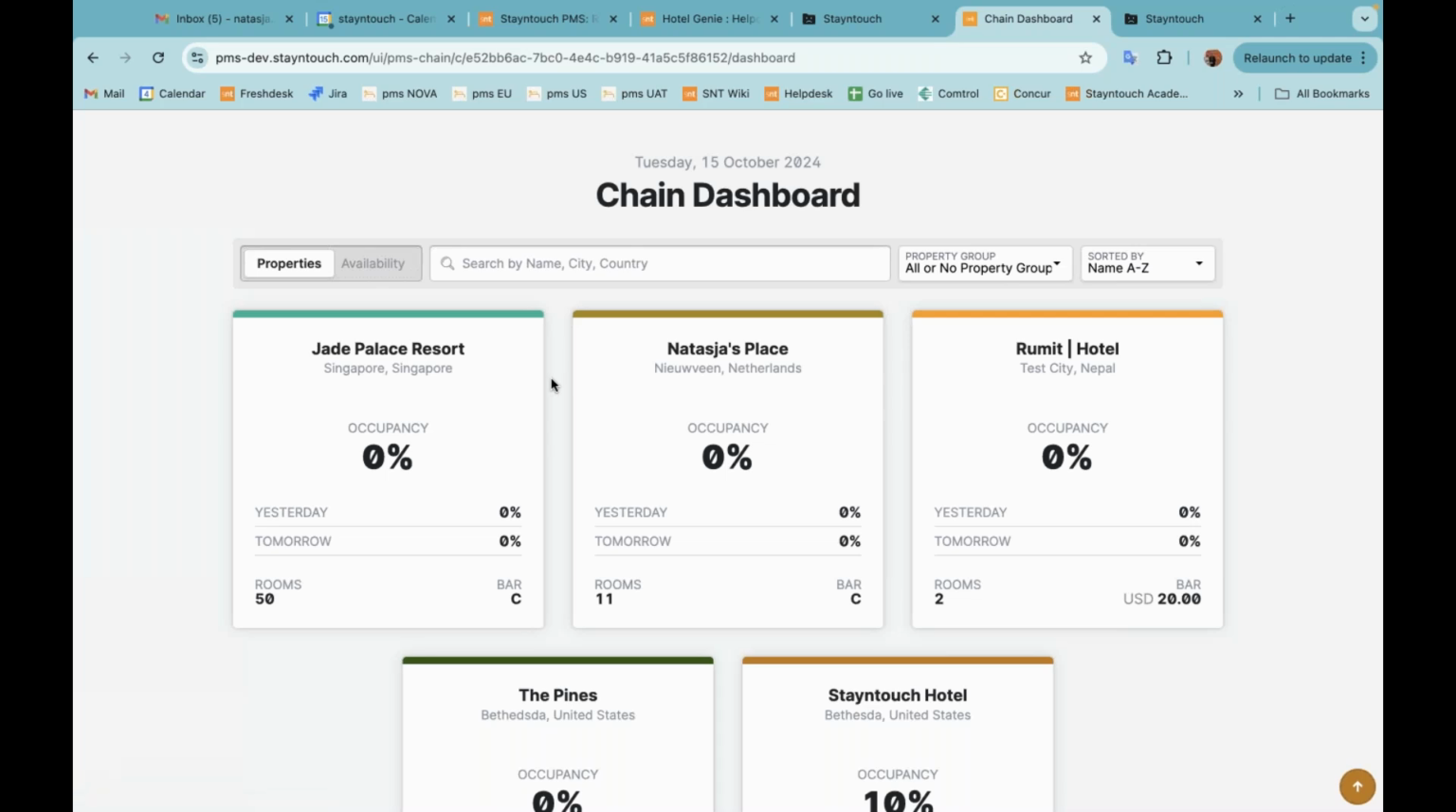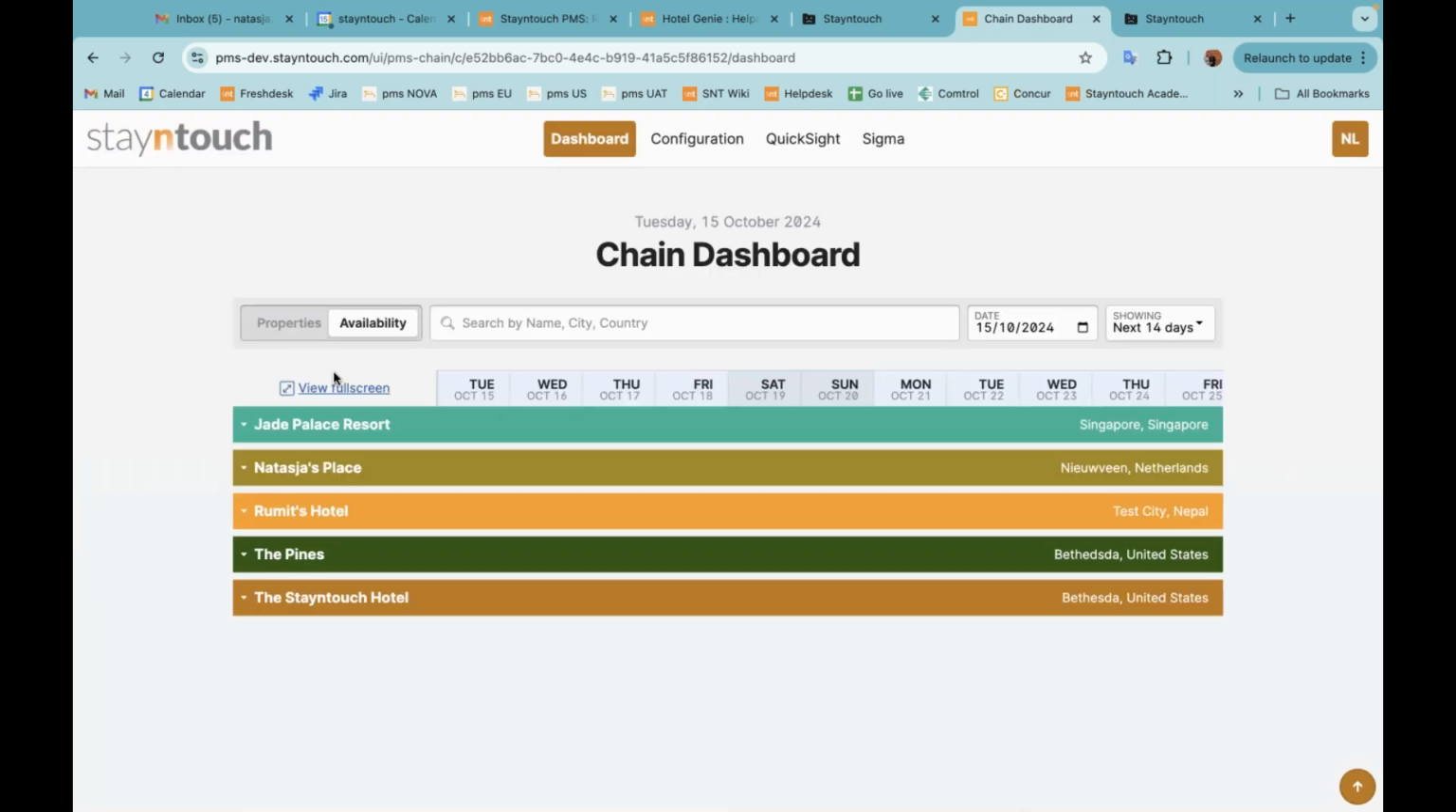Multi-property is something that needs to be enabled for your property. If you have multiple properties, of course, that's the way it's going to work. Make sure you reach out to customer support so that we can have a look to get this activated if you are interested. Now, from properties to availability, we are now able to see all of our different hotels listed